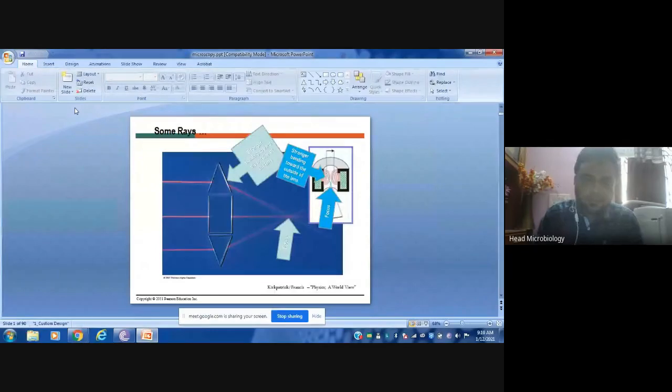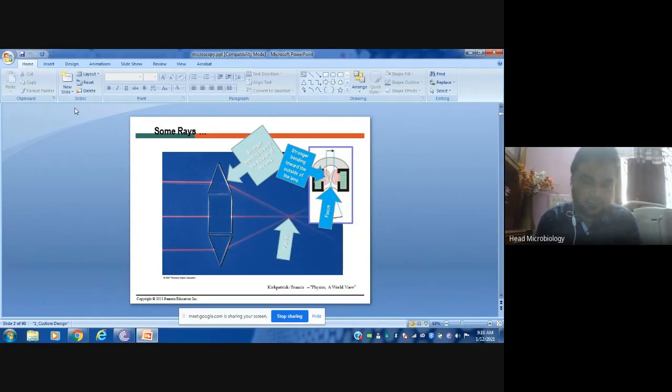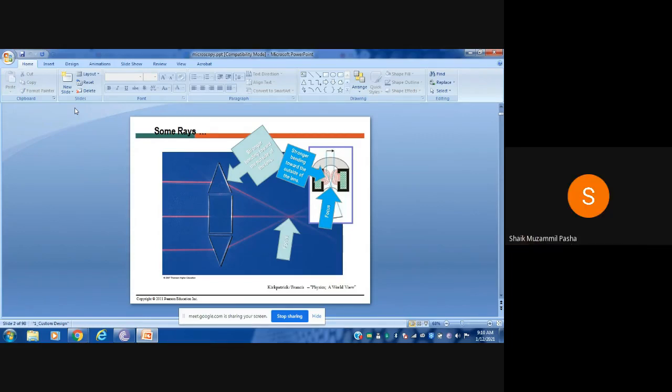See, the lenses are there. The convex lenses are there, and concave lenses are there. So, what is the difference between convex and concave? I want an interactive session, not just a monologue. Otherwise, you will be sleeping in the morning. What is convex and where is it used? Convex is diverging and concave is converging. Okay. What is diverging? What is converging? Diverging means the rays will move far away when they contact the lens.